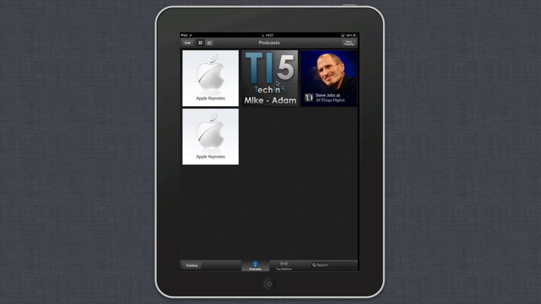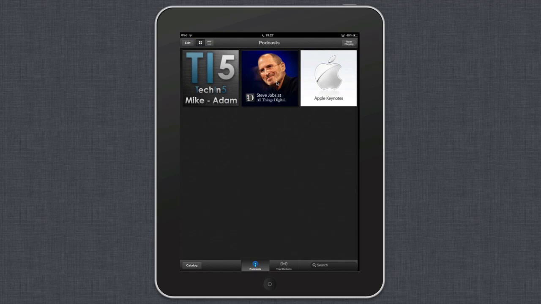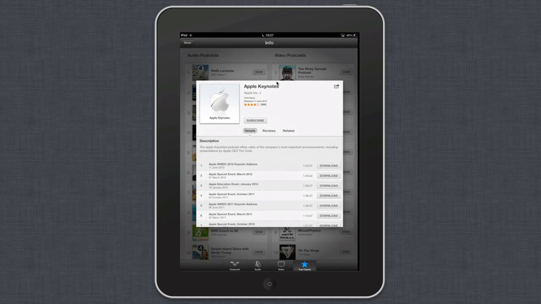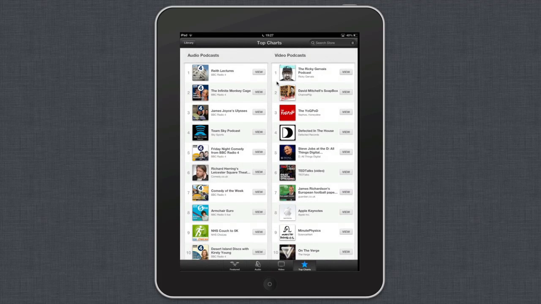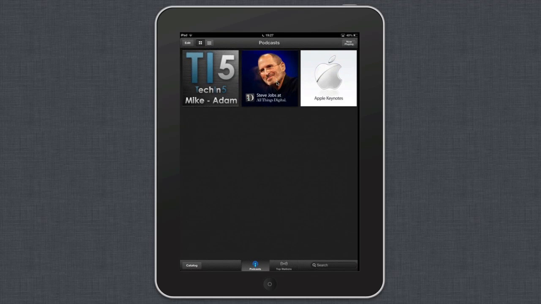To delete a podcast, it's pretty simple. Just hit edit and then the square, and then we have deleted it. So we have a catalogue button just down there, which can take us back to our catalogue, and then library up the top just there. So we're going to click on one of the podcasts, which I'm going to choose is